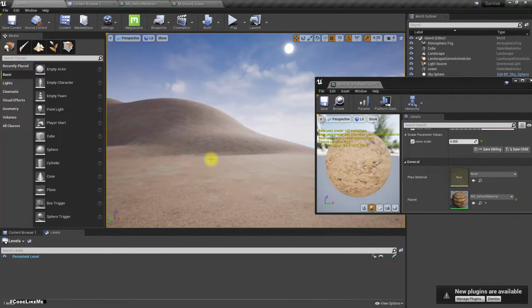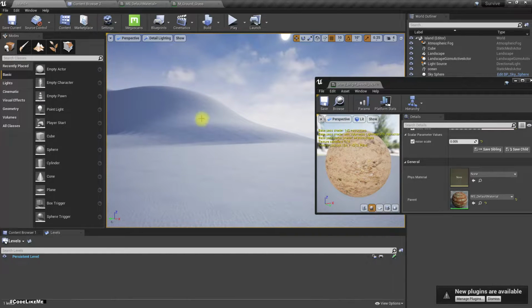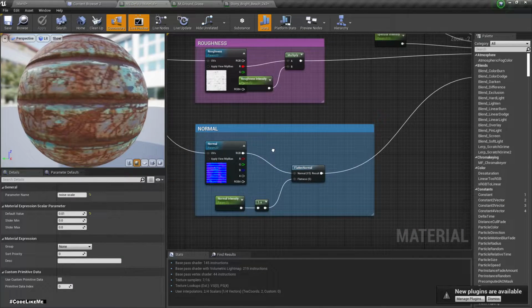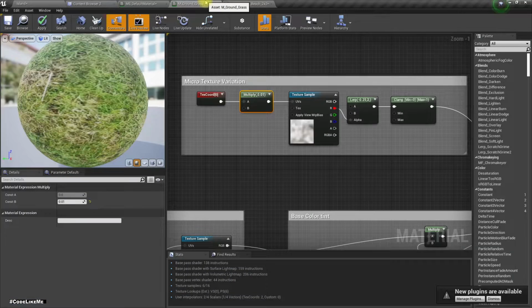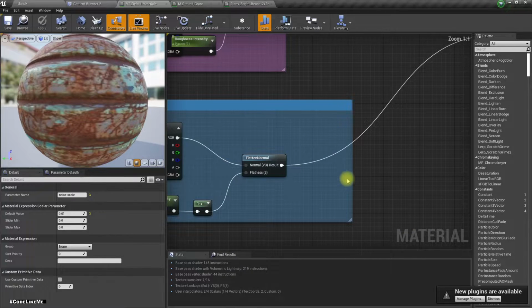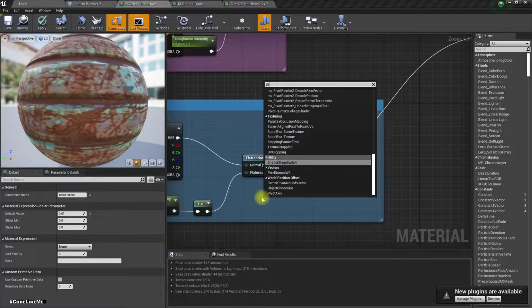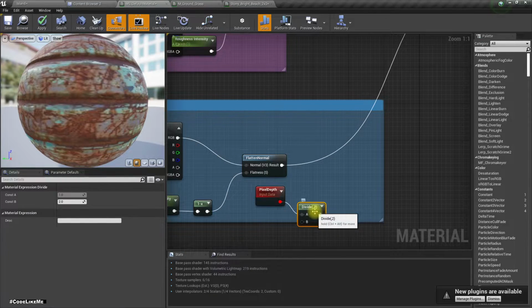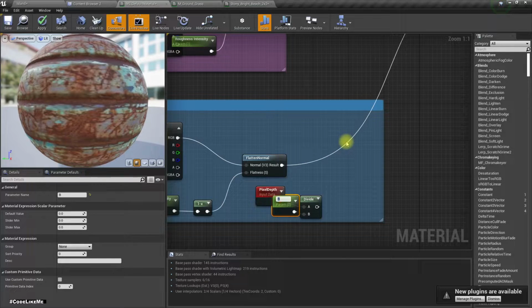Does that come with the normal map? Let's see. Yeah, that's in the normal. So maybe we should dampen the normal map in the distance. So for that we can do this. Pixel depth, and divide it by, from a parameter, let's call this one normal fade distance. By default I'll make it 5000,